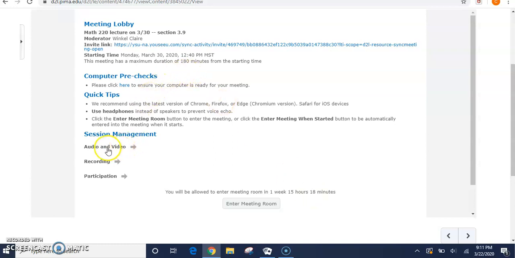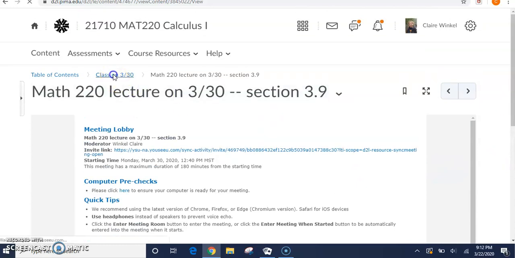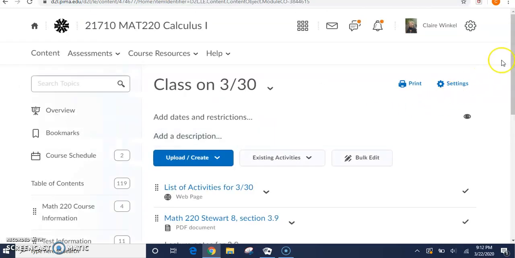Basically what you want to do is use headphones instead of speakers. Try to get in so that you can talk, so enable the microphone, but also listen, so you enable your audio. Okay. Next in this module,